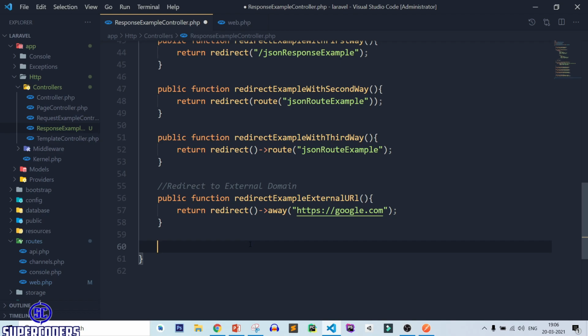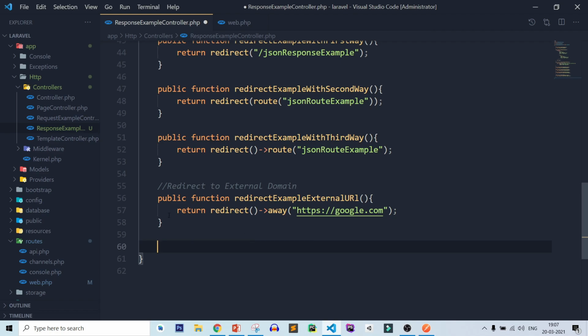Suppose that user filled some data in your form and you want to redirect the user to same form with some messages of validation error. So let's see how you can do this and show such messages in browser to user.